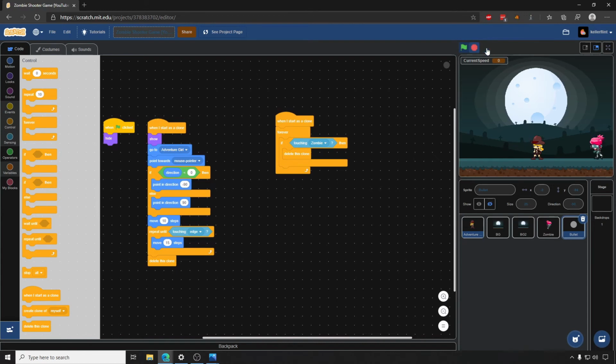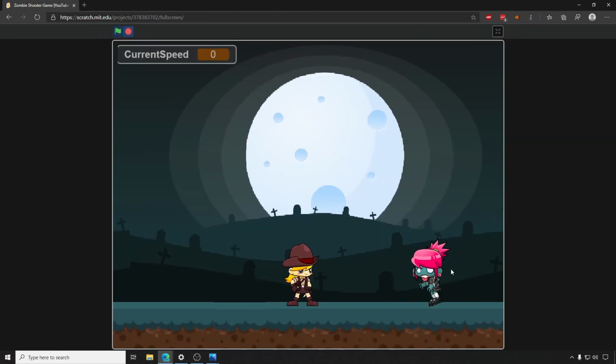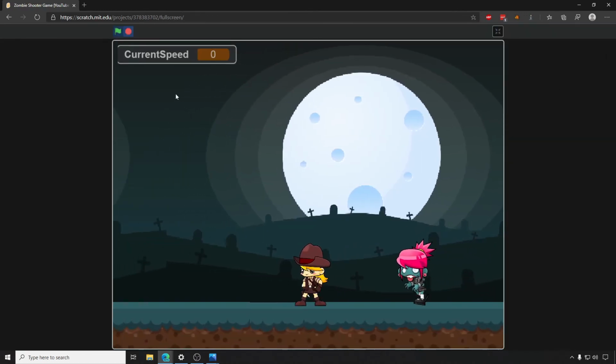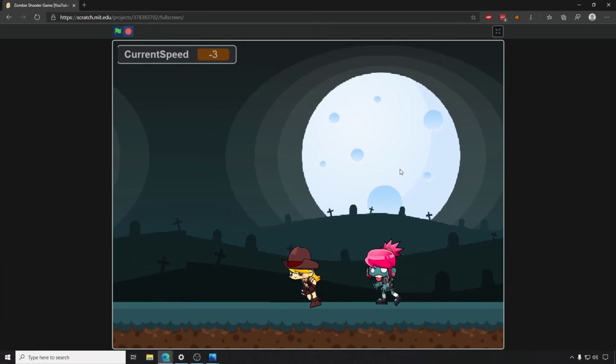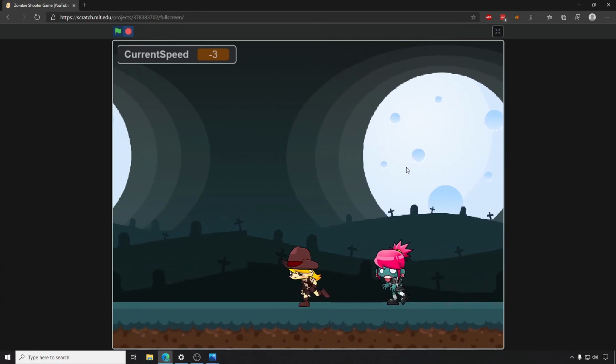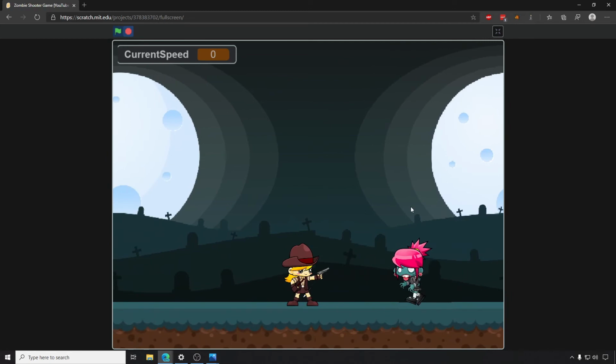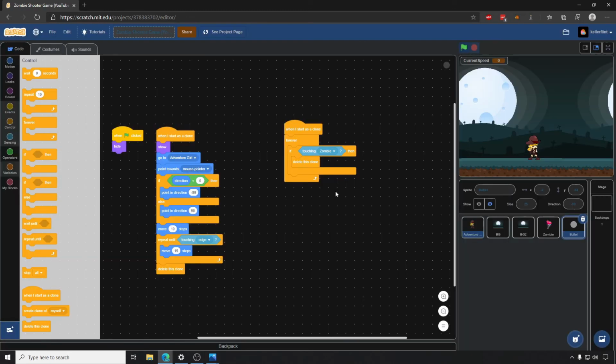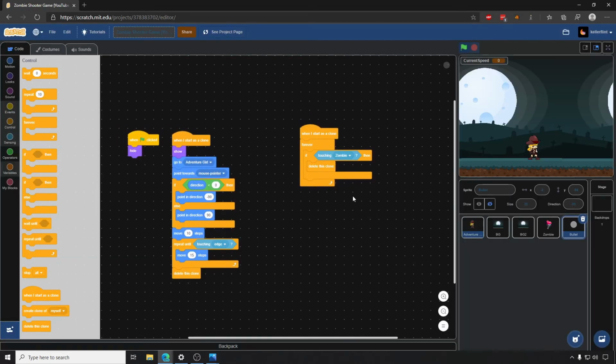And so now what you'd think would happen is whenever we shoot the zombie, it's good, the bullet disappears, right? And if we shoot the zombie 4 times, the zombie should be dead. But now the bullet's disappearing and it's not actually doing any damage to the zombie. So it took me a long time to figure out why this happened, but it turns out what happens is